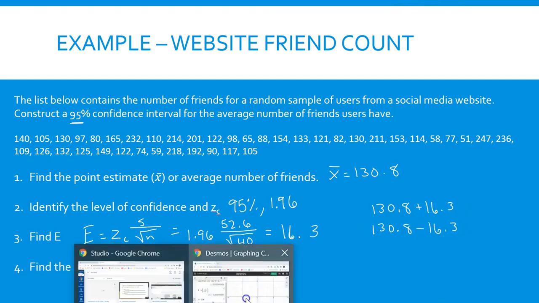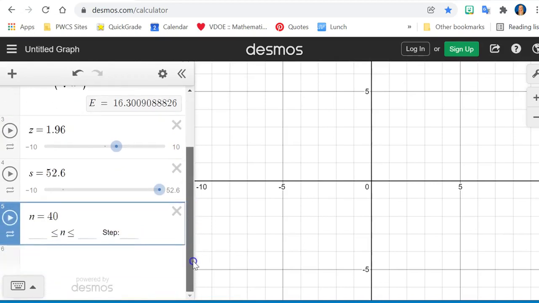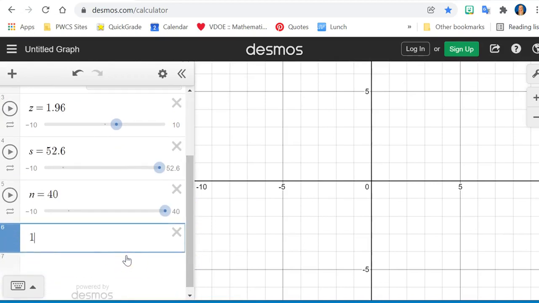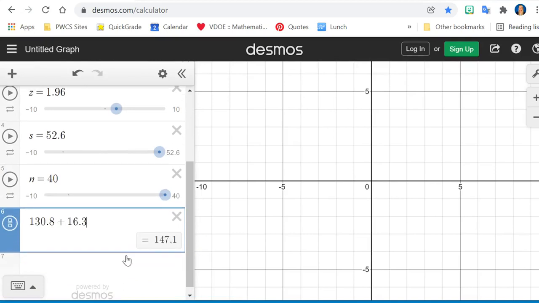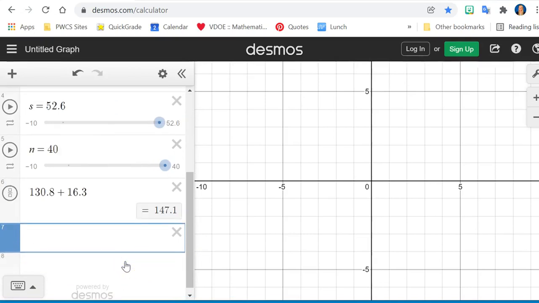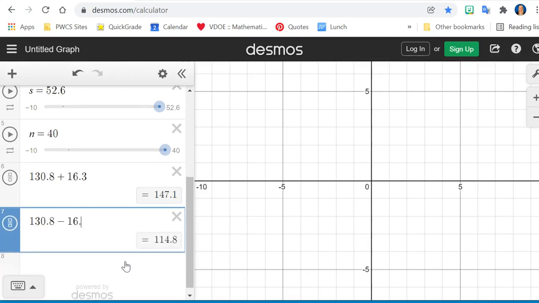Okay, so let me do that math in Desmos. I'm going to come down here, 130.8 plus 16.3, and then 130.8 minus 16.3. Okay, so there are the edges of my confidence interval, and we're going to put the lower number first,